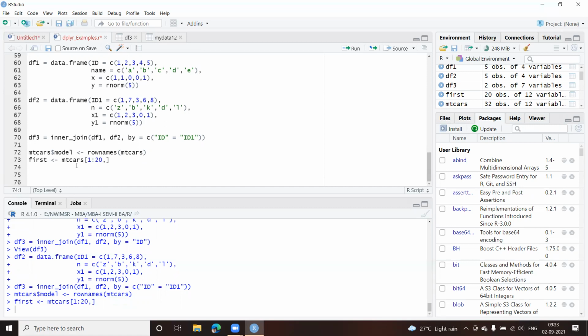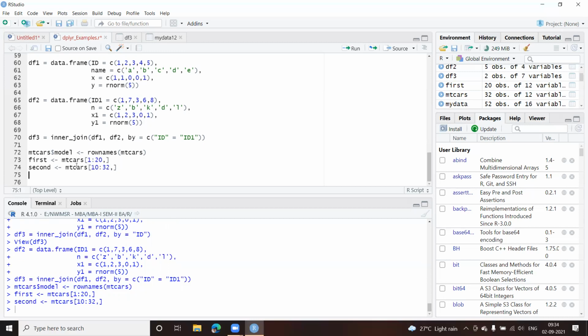One more I need to create is the second one. So I'll keep second empty class. Again, a square bracket. Let us say this time I'll go from the 10th row till, let us say, 30th, or let us say 32. Okay, and I want all the columns. Okay, now I have got two, you can see,